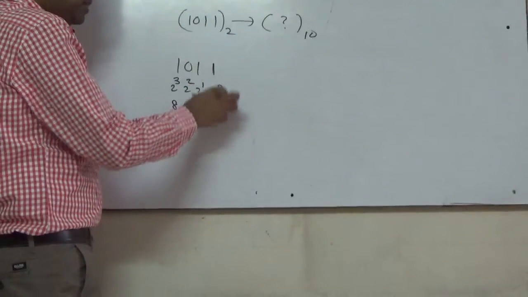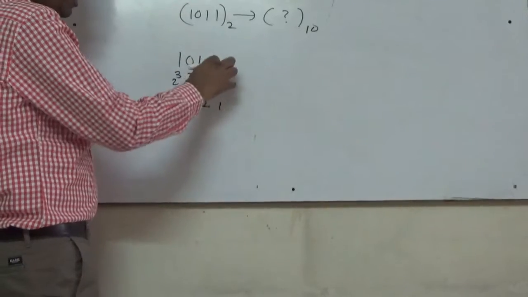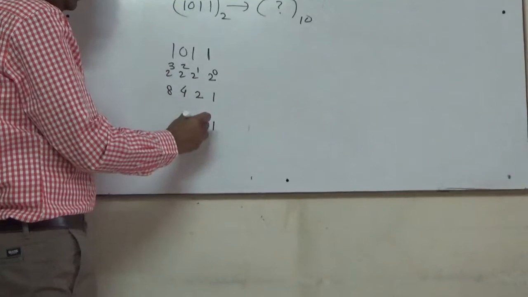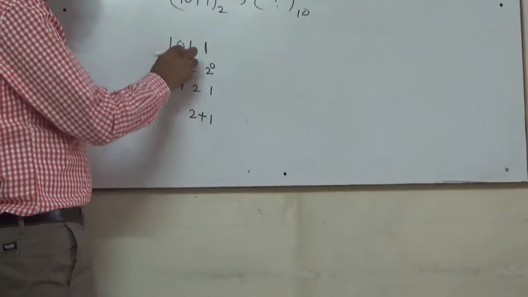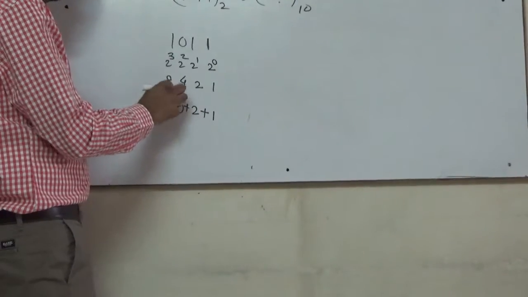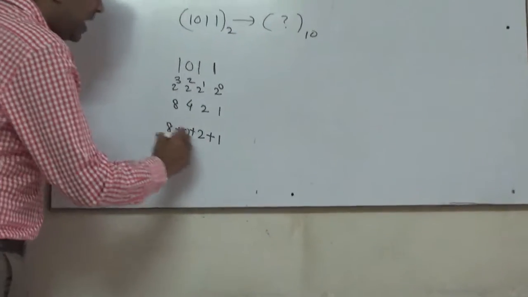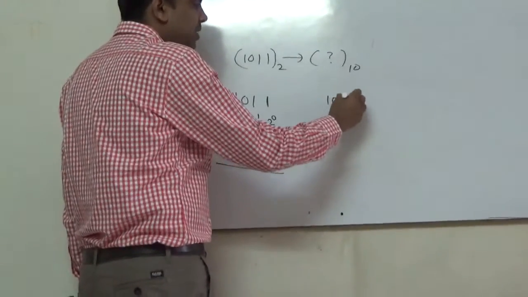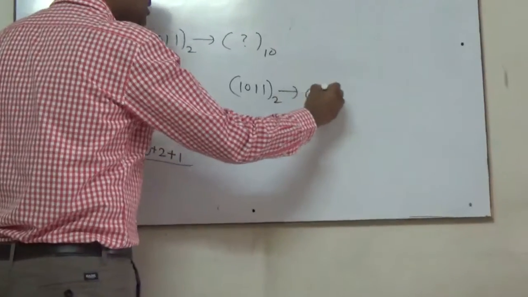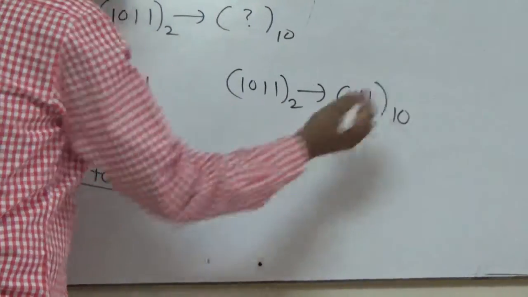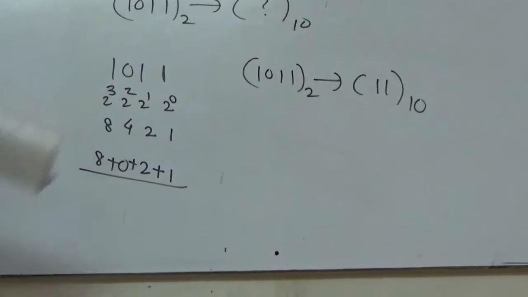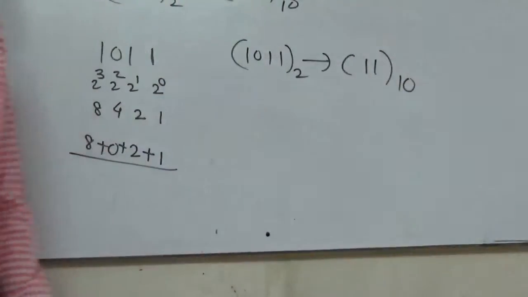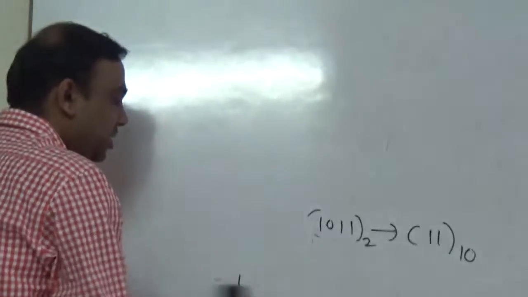Now we just multiply these two correspondingly. You can say 1 into 1, what is the multiplication? 1. Then plus 2 into 1, so 2. Then 4 into 0, you get 0, and finally 8 into 1, it is 8. So if you add all these, what will you get? It's 11. So I can say 1011 in binary, the corresponding decimal number is 11. So you got how to convert from binary to decimal. Now the same principle will be there for conversions from decimal to octal and all that.